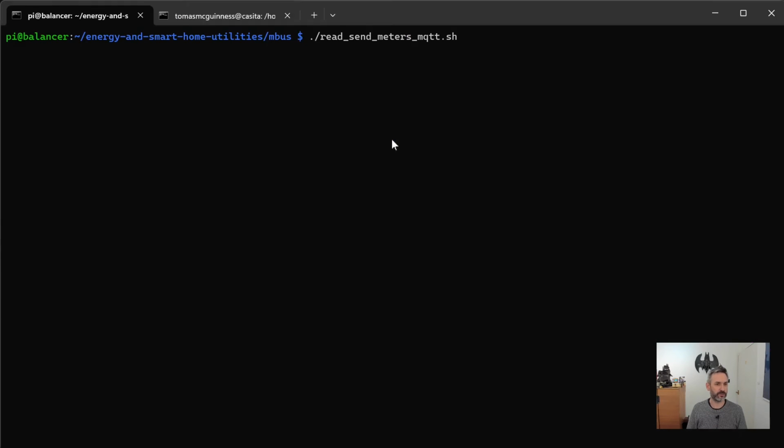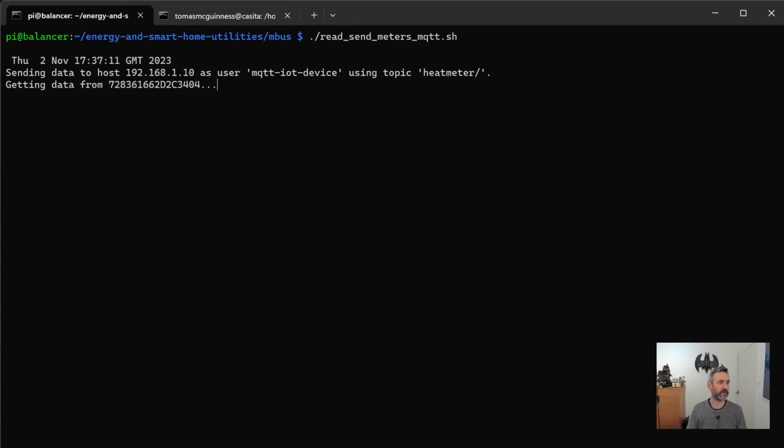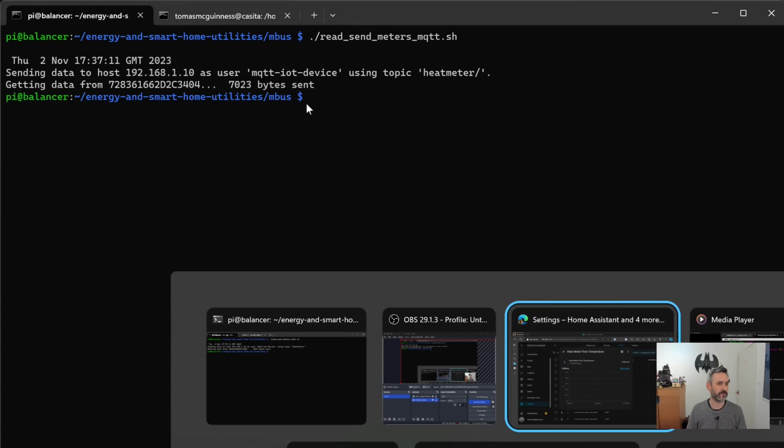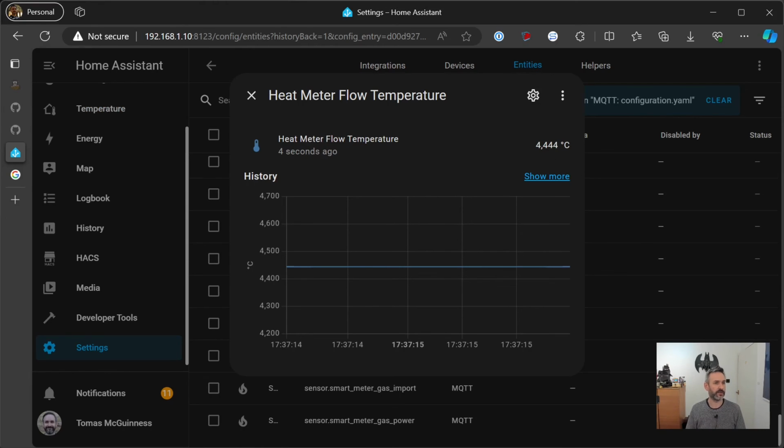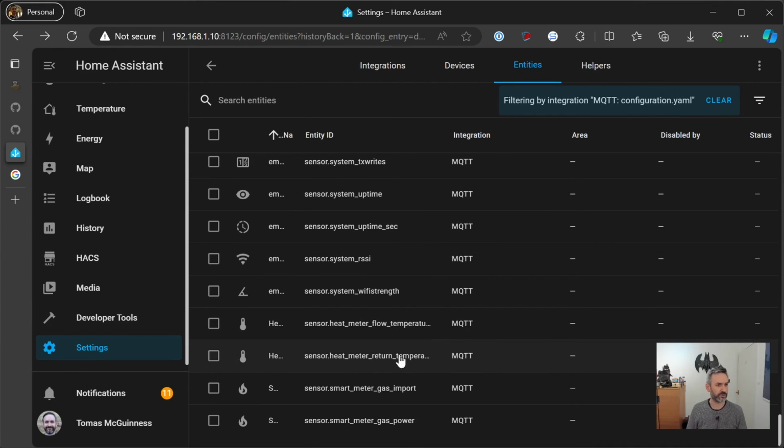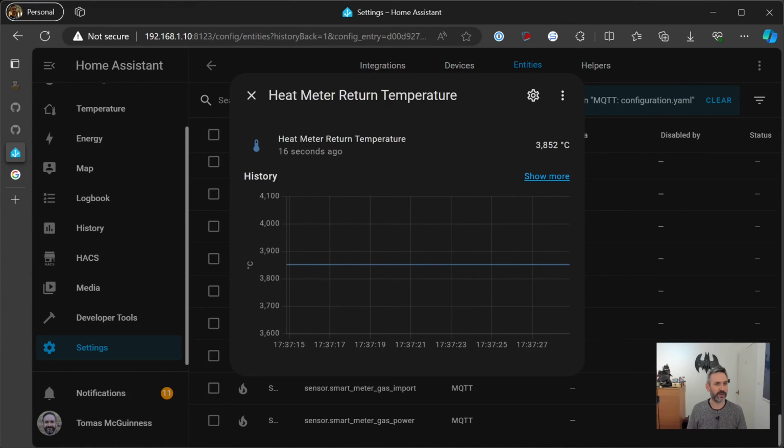I will hop over to the terminal and we'll run this script again. And when I jump back to Home Assistant, yay! We've got a value of 4,444, which is brilliant. So that's the data come in for the flow. And we should also have a similarly outrageous value for the return. So I've now got those values being recorded, which is fantastic. So yeah, I'll need to figure out how to divide them by 100 to bring them down to something meaningful, but